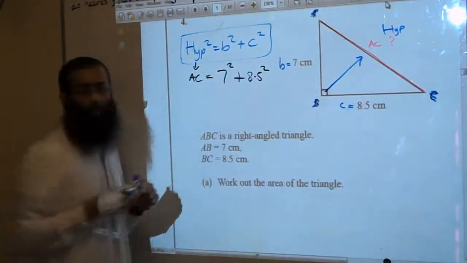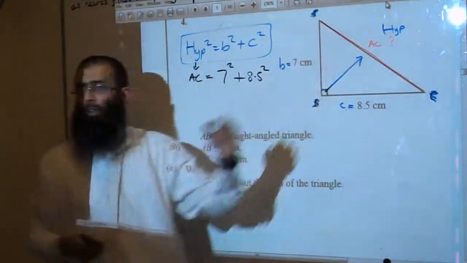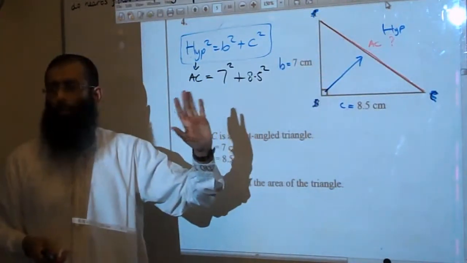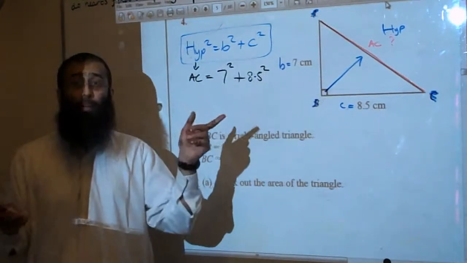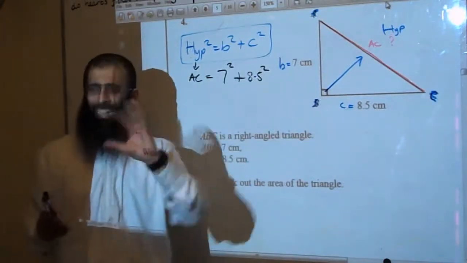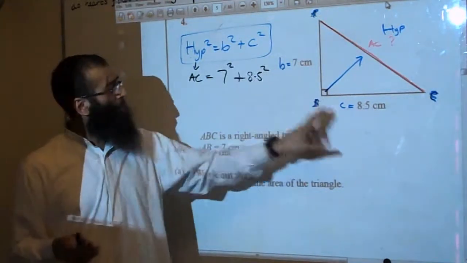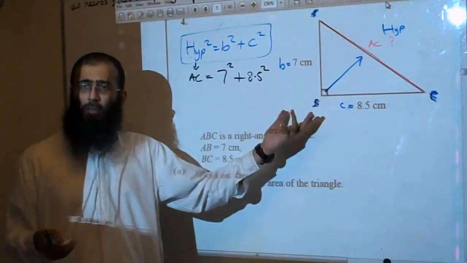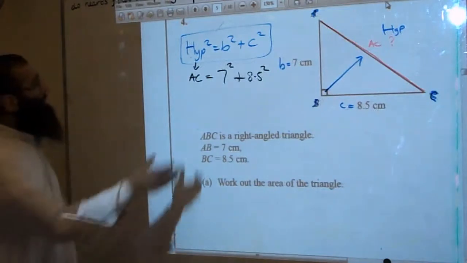8.5 squared. Now, the way I label my diagram B and C, I'm not using their lettering. I've rubbed off their lettering completely for the moment, so we don't get confused with our lettering not corresponding with their big letters. Now, B and C can be put in any order. That's the arbitrary order I've chosen. It doesn't matter. You just label one of them B, one of them C. So AC